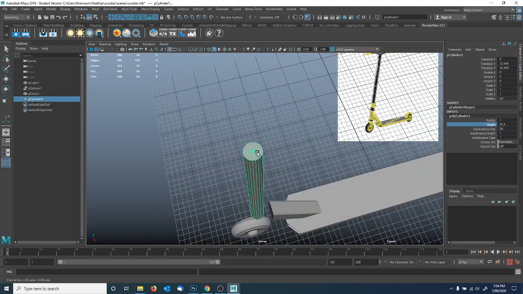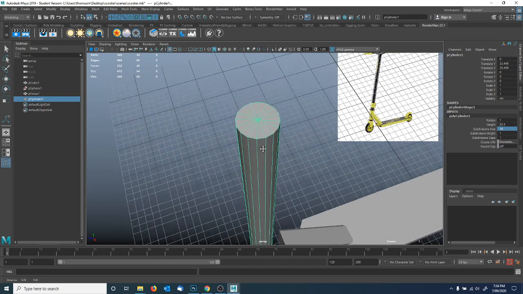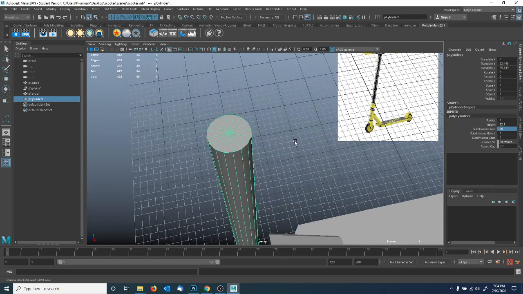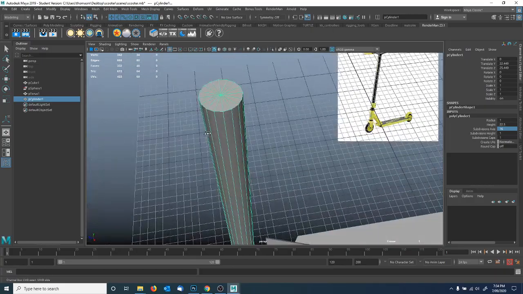How many segments around do I want to have? Not so many, so I'm going to reduce that. I really like working with numbers that are dividable by 4, because then you can work on quadrants. You can delete bits, just work on a quarter and then duplicate it again. If you're doing something really complex like a thread of a tire or something, you can subdivide your models. If it's divisible by 4, you can delete half the model